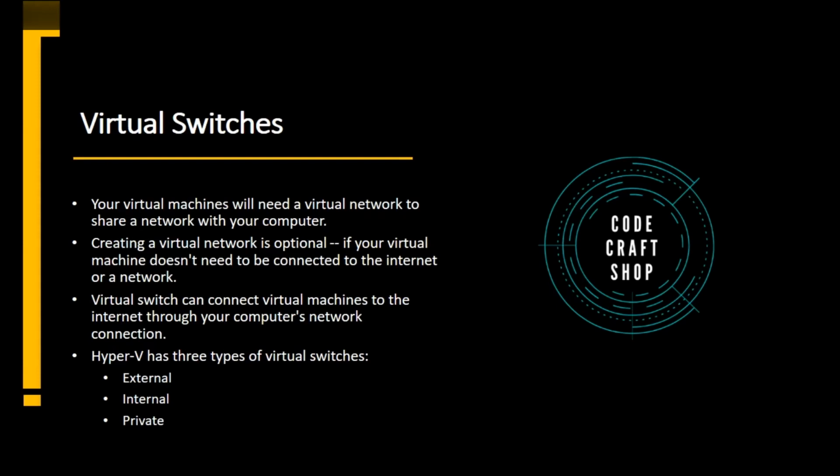Let me give you a brief introduction about the three virtual switches that we have mentioned. The first one I will discuss is private. This mode of virtual switch allows you to communicate between the virtual adapters within the same virtual machine. There may be a lot of virtual adapters and they need to communicate with each other through some communication channel. This kind of virtual switch provides that channel.